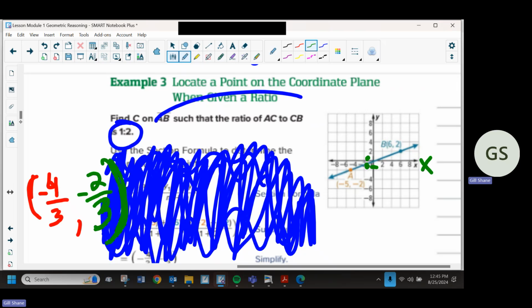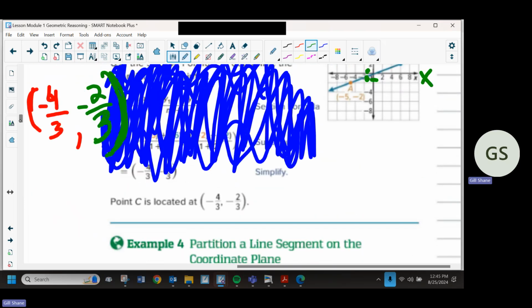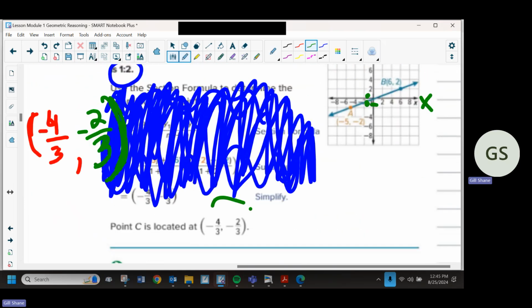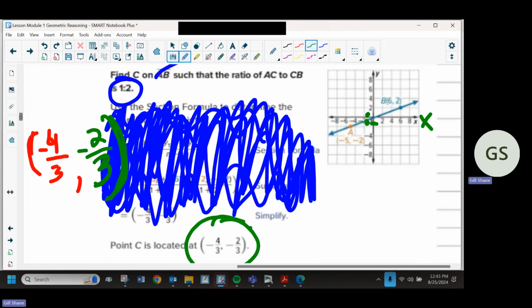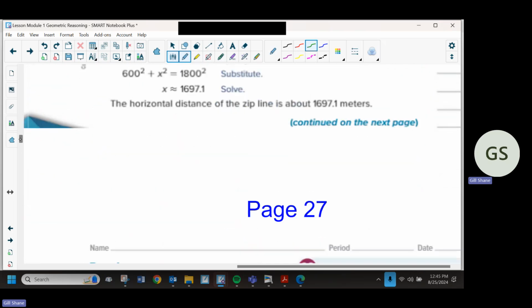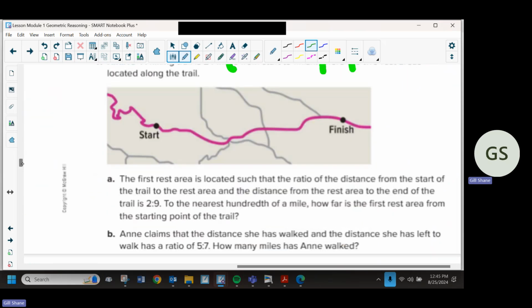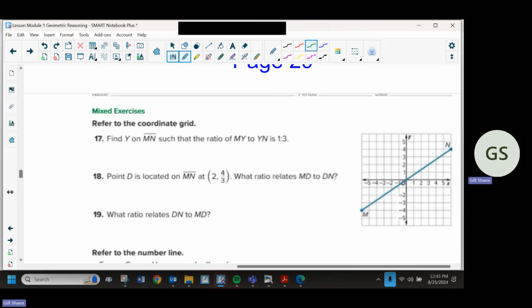Actually, they might even give us the answer, and yeah, they did actually. Didn't notice that. So a lot of times they give you the answer for the first example problem. So that's why they can be pretty helpful. Normally they give you then a check problem after it. That one does not though. So there are some you can do in here, like